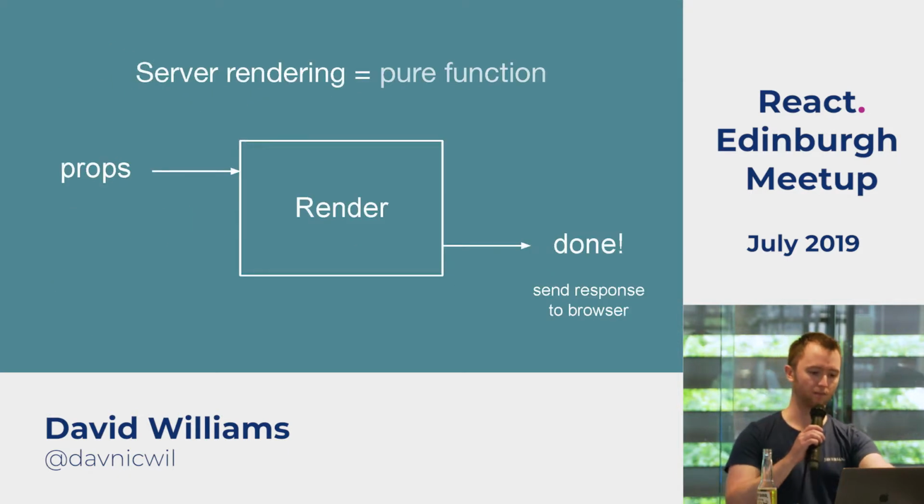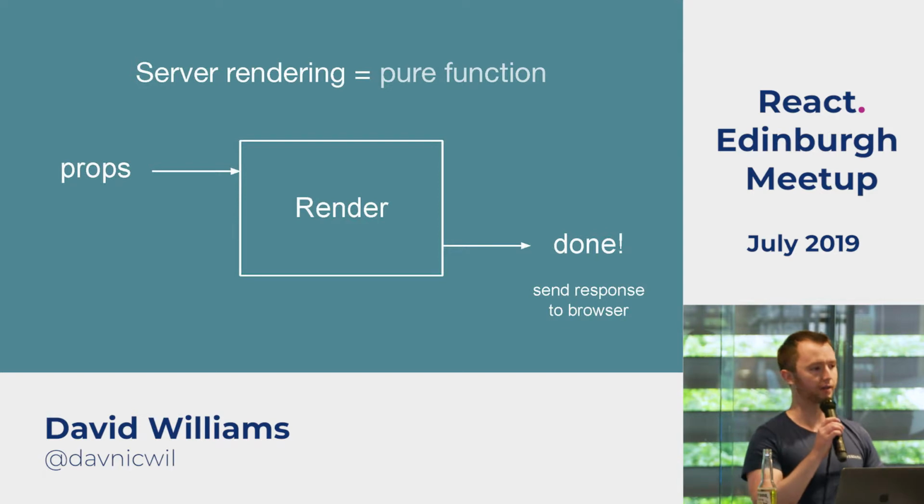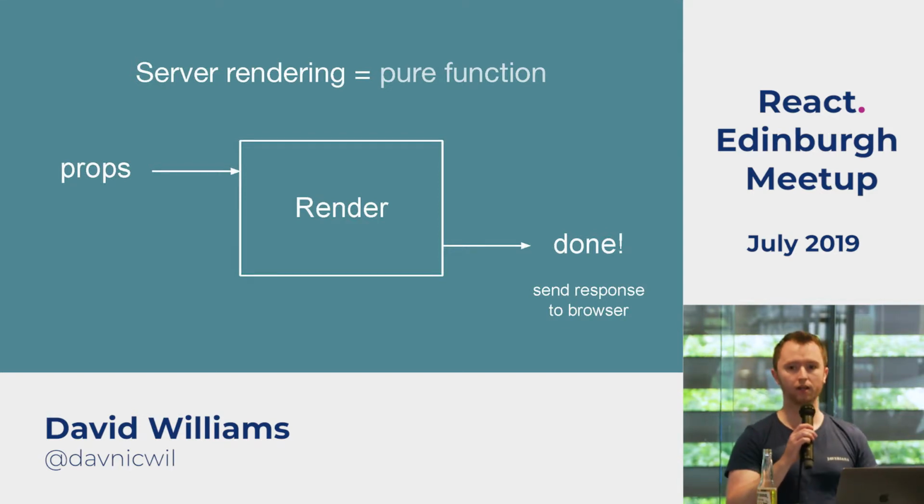So imagine in this diagram, like an arrow going into props. That would be load data before that, and you can do that in an asynchronous way. So when the request comes in, you run some sort of data loader function, and only when that promise is resolved do you continue and actually do the React